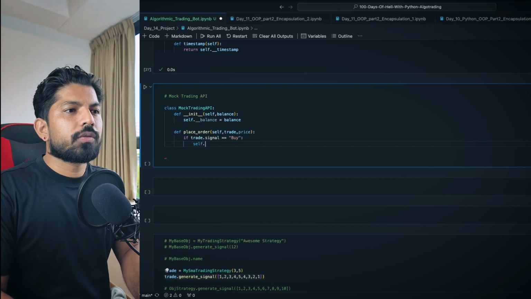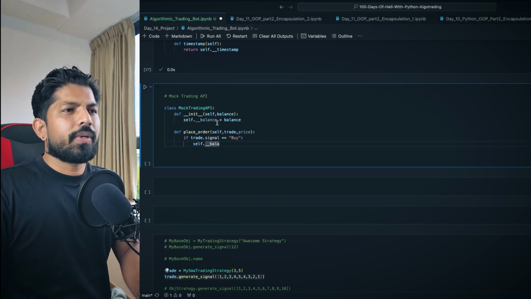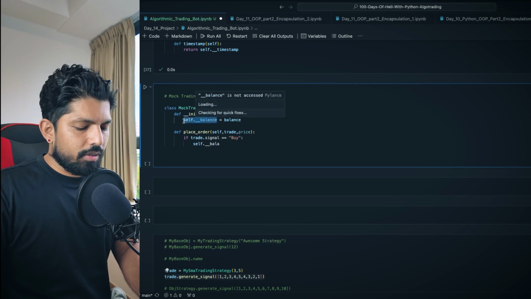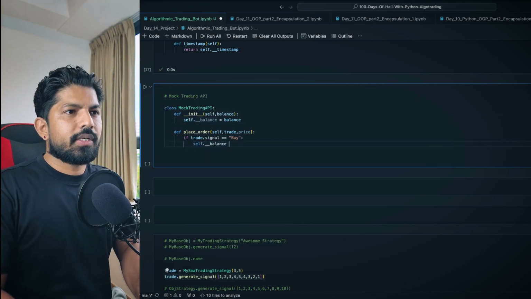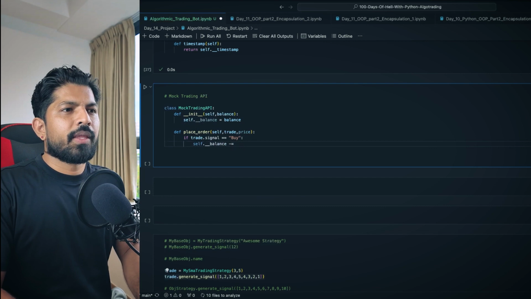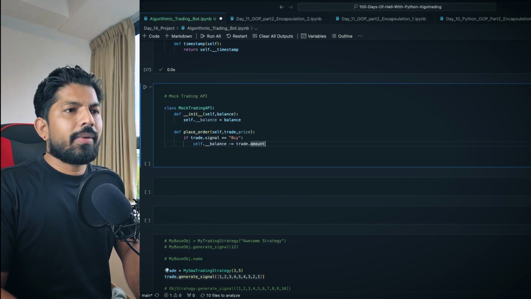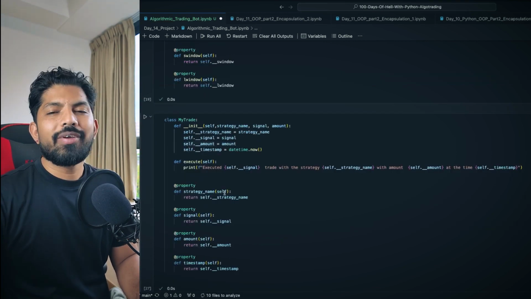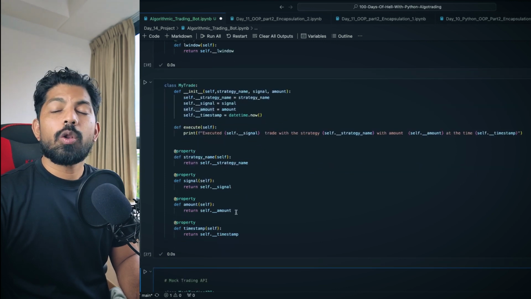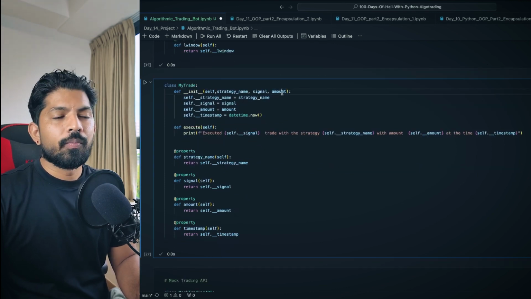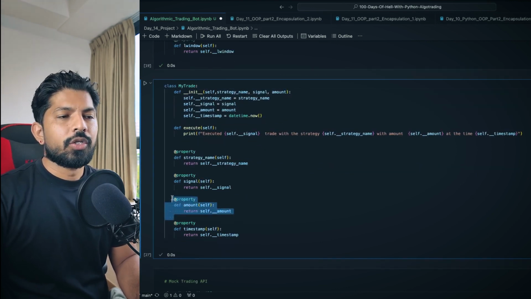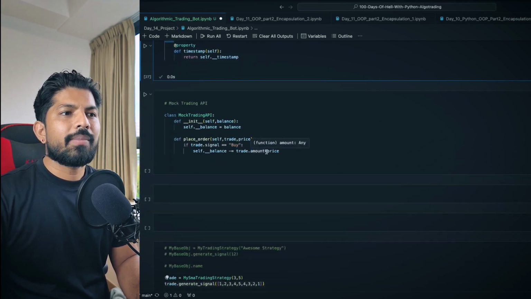So self dot balance, let me copy and paste this here, negative equals the trade dot amount multiplied by price, right? Because when you create the object of this class, we can also access this amount attribute with the help of the getter method, right? So trade dot amount multiplied by price.